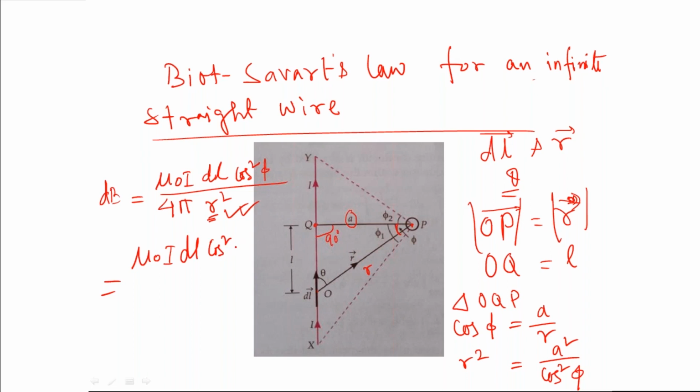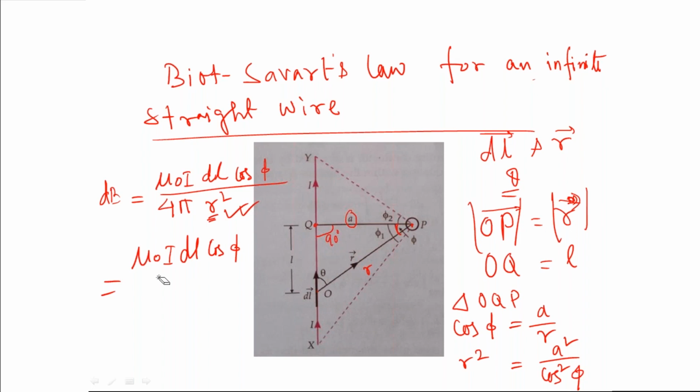Oh, that's the problem. Okay, so this is not a cos square. I'm sorry, this was sin theta. So sin of 90 minus phi will actually be cos phi. Okay, so now here